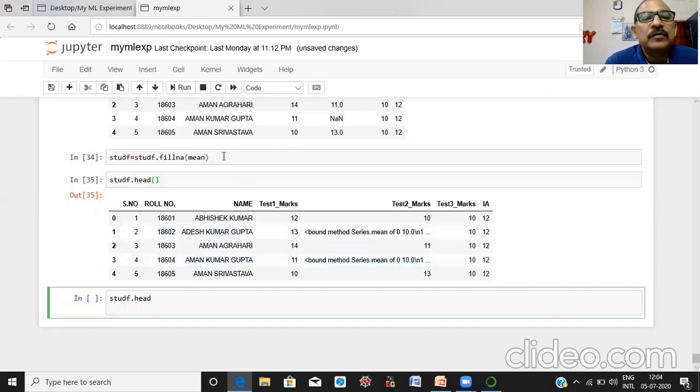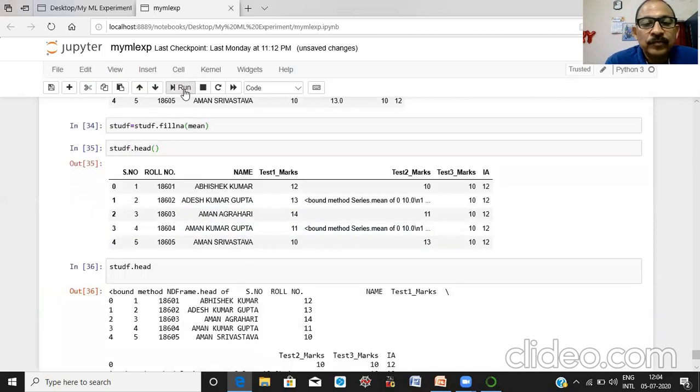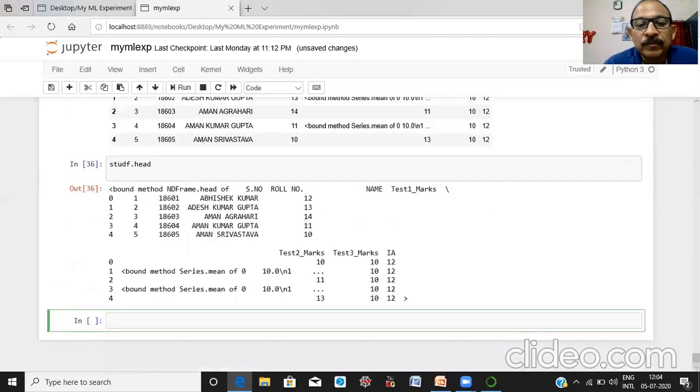Run it. Okay, here you can see missing values.